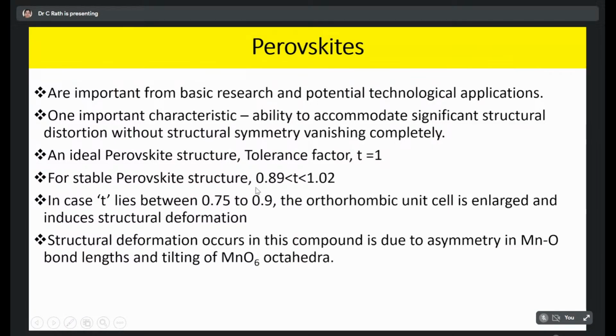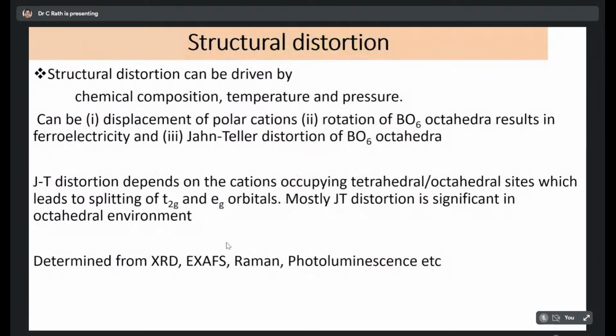But in case T is less than 0.9, what will happen? There will be an orthorhombic unit cell enlargement and it induces structural deformation. Structural deformation in fact occurs in these compounds, and it is due to asymmetry in M-O bond lengths and tilting of the MO6 octahedra. This structural distortion can be driven by the chemical composition. One can vary different compositions in a material, one can vary the temperature, and one can vary the pressure so that one could achieve this structural